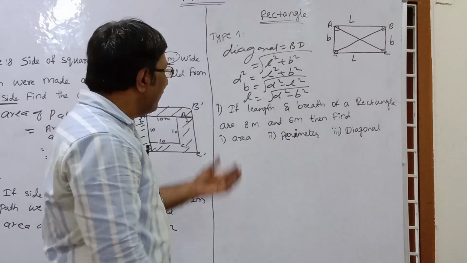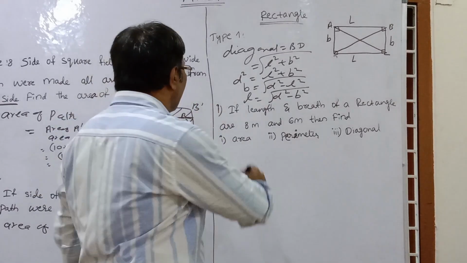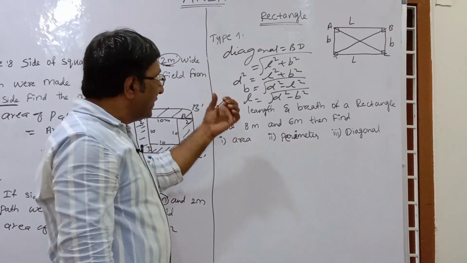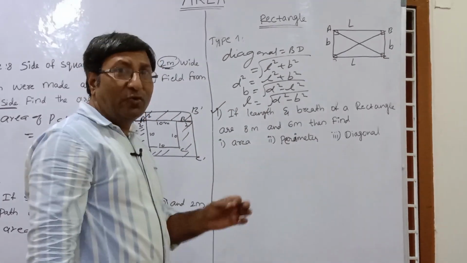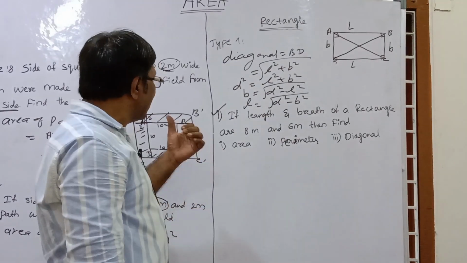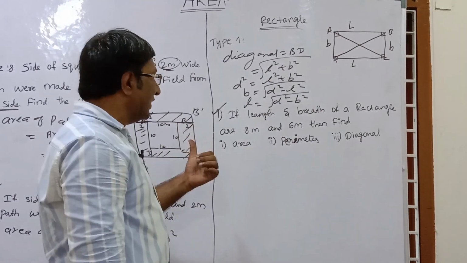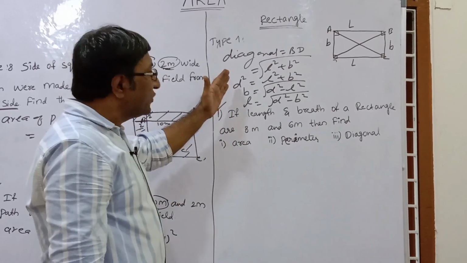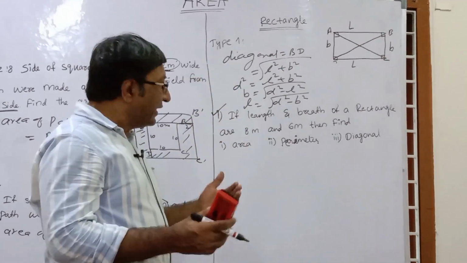Now see, these are the very basic formulas of this concept of rectangle, because this type of questions are general. We are solving the questions in this video from zero to high level. We have solved the questions of a square, and in the same way now we start the rectangle. The basic question is first, depending upon this formula. After that we go for the technique questions.